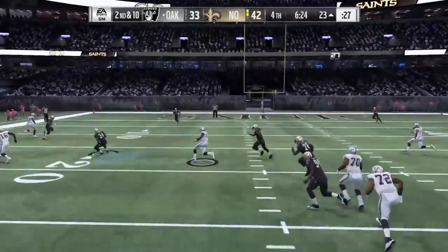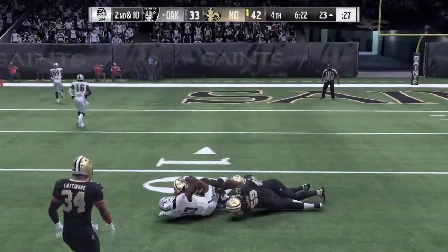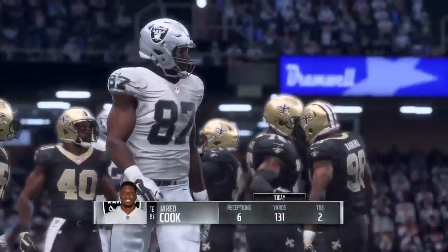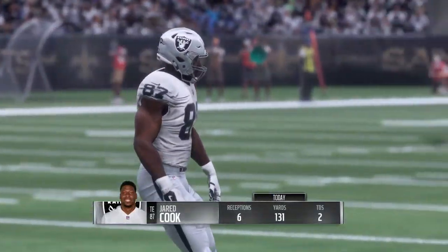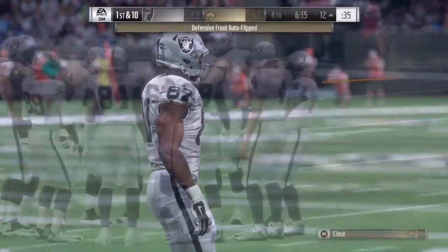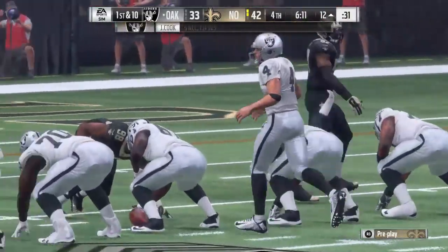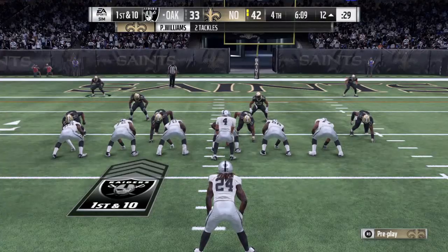Back to the air on second down. It's Carr. And this is Cook with a grab. And down inside the 15, shy of the 10. A Raiders first down. Carr hooking up with Cook. And these numbers on our monitor are getting hard to believe. He's closing in now, right on the doorstep of 500